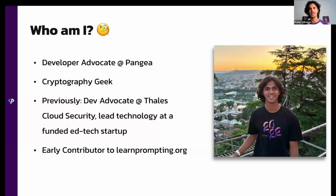Pangea is a company that provides AI guardrails for any AI app. So if you want to block prompt injections, or block malicious or PII information going into your AI or regular application, you can use Pangea. We also support authentication and authorization features that you can use with things like RAG and agents to ensure you have better access control. But we'll cover a lot of that stuff